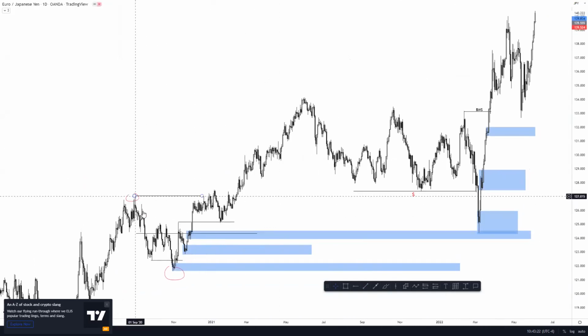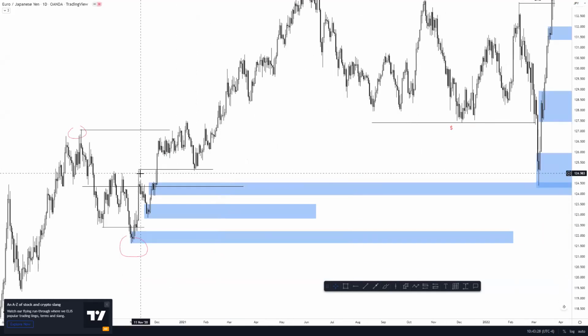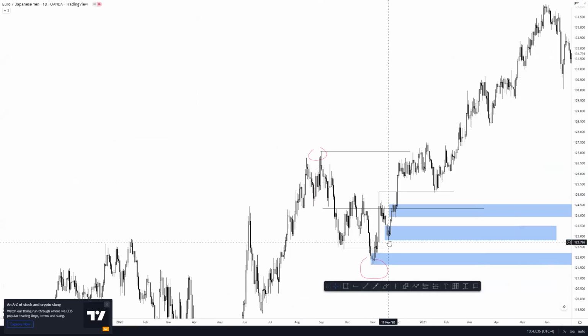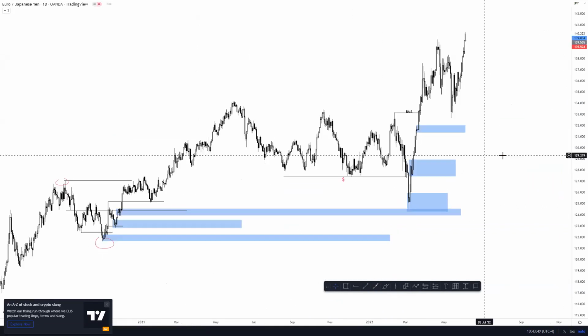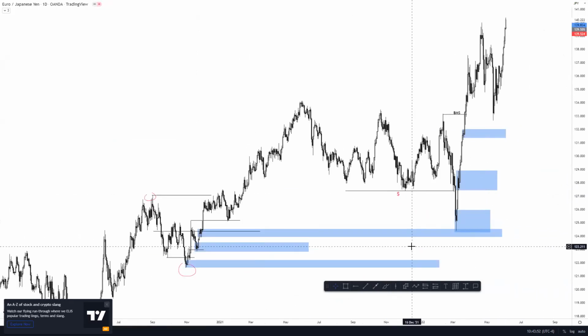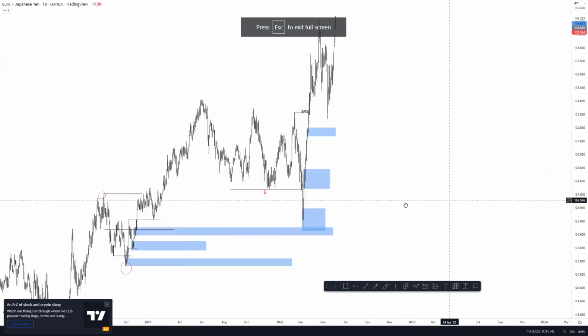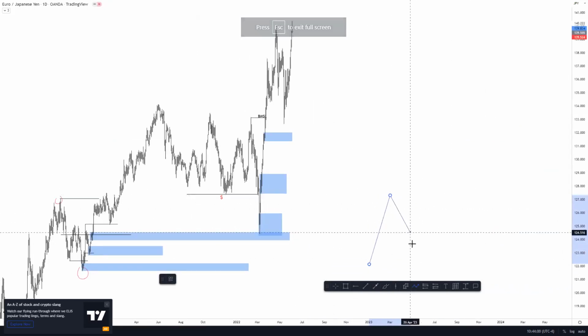So that's how I choose my point of interest. One will be around the breaker area. For this BMS, we have this breaker, we have this base and this order block. And you can also see this last low has filled the fair value gap as well. So that's how I will be choosing my point of interest. Okay, so this will be your point of interest, and most of the time, while choosing the point of interest,